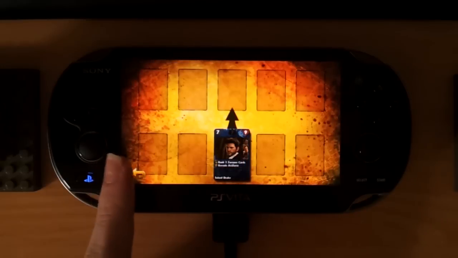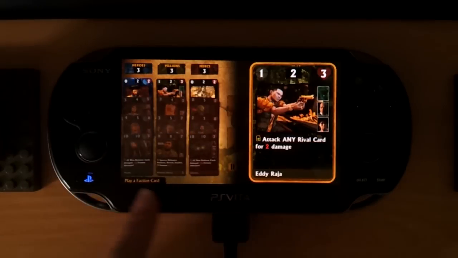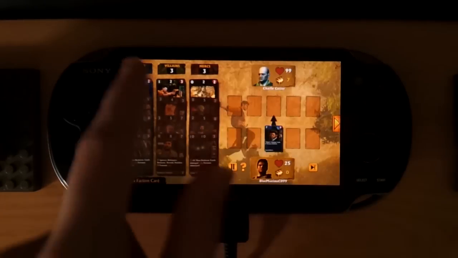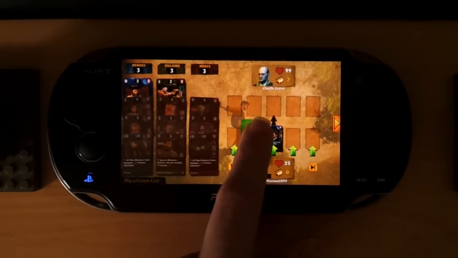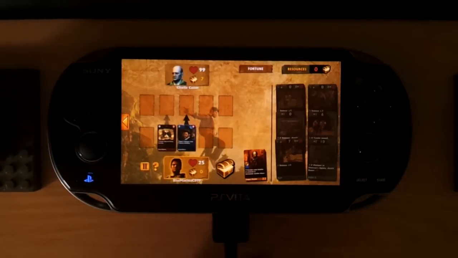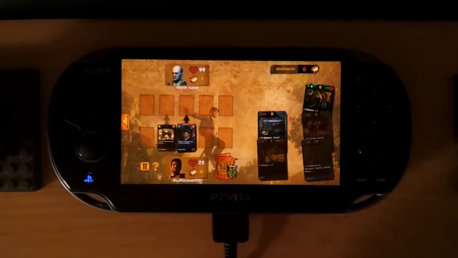Let's see. What can he do? He can bank 2 fortune cards and he reveals artifacts. Also, he looks stunning. Play hero villain factions, play hero factions, and attack any rival card for 2 damage. Those will be useful. For now, I think I'll bring out this guy, because he has a useful ability. Let's bring out a fortune. I'll take that. And I'll equip him with a